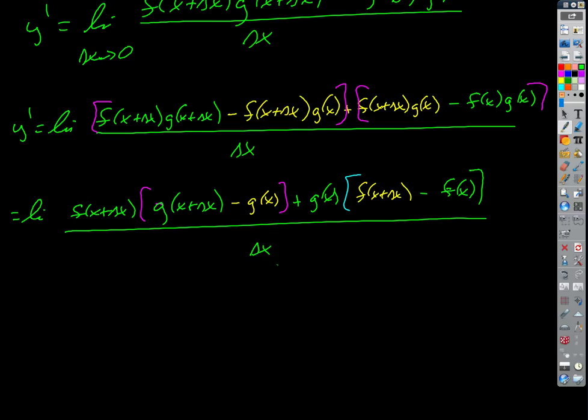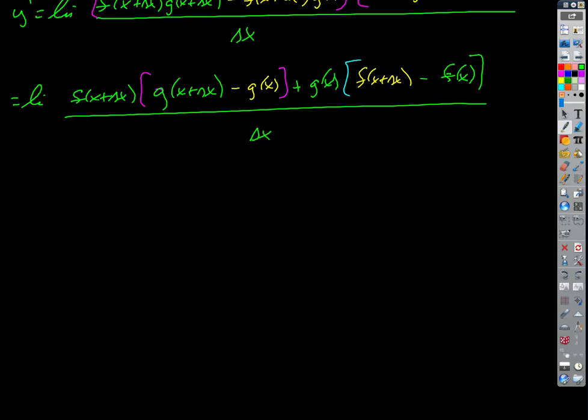Okay. So now let's take this first group together. And we're gonna break this up, so I'm gonna rewrite this very subtly, and you tell me if you see why this makes sense. F of x plus delta x times the quotient g of x plus delta x minus g of x over delta x, okay, plus